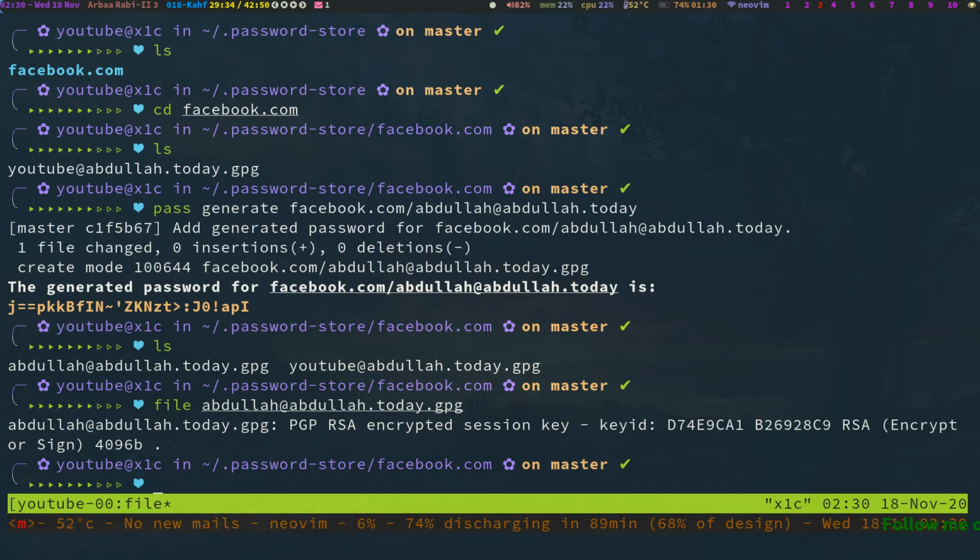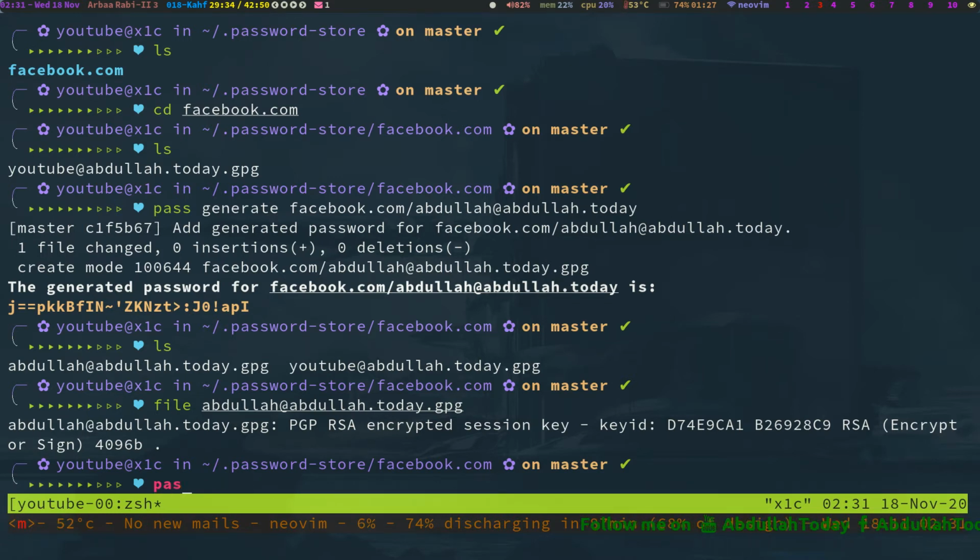And git has also committed a new commit. If you want to push these updates to some repository, just do pass git push, or pass git remote add origin, and then your repository url where you want to push it.